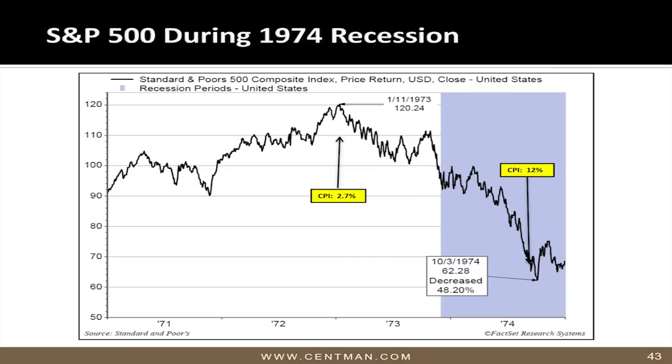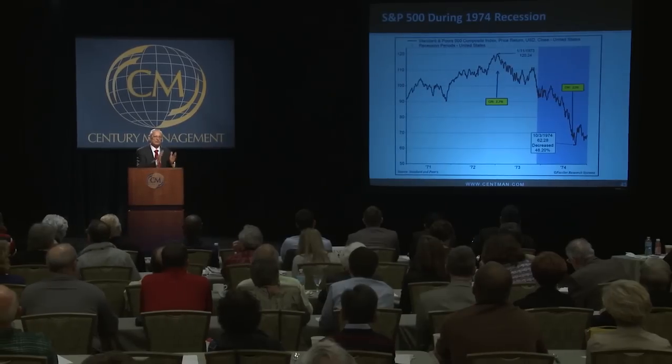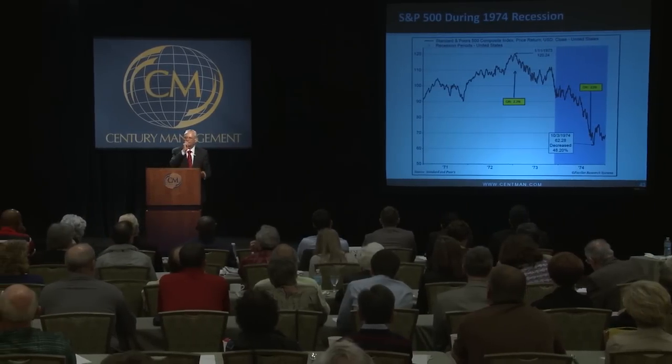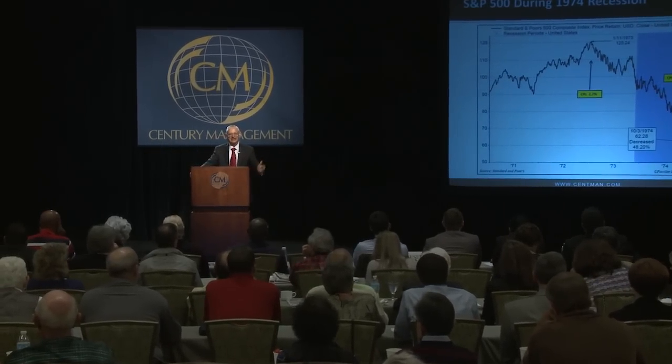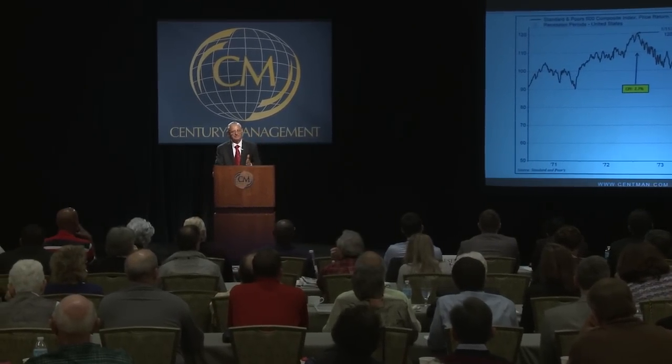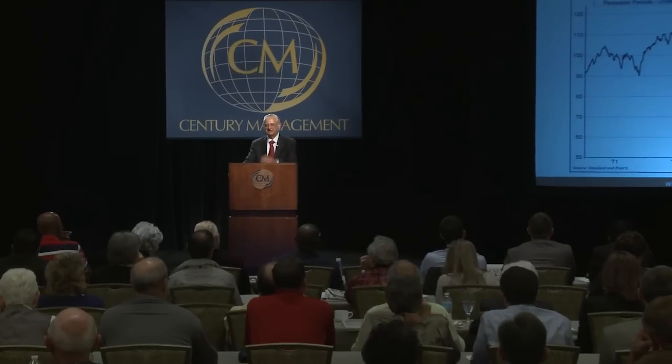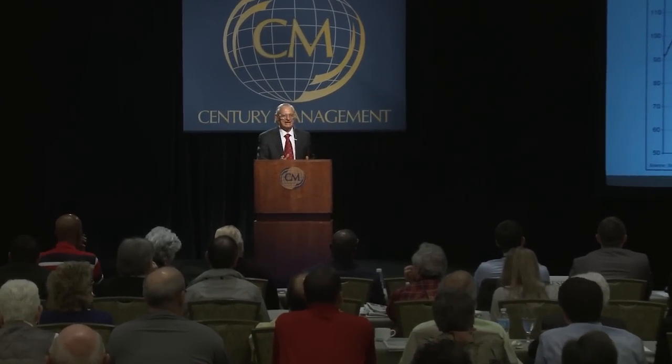And this is a chart of what happened in the 70s when I started Century Management in 1974. The inflation rate was running at 2.7%, and in a matter of 2 years, it went from 2.7 to 12. It was going up every month, and the stock market went down 45% in the big caps and 75% in the small caps. So this was one of the worst bear markets